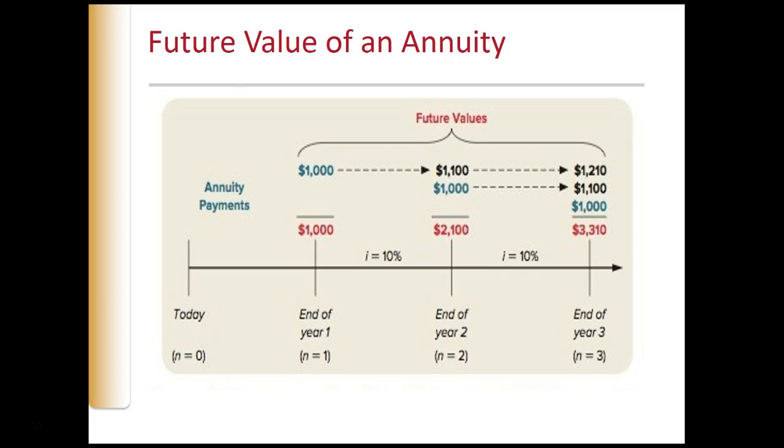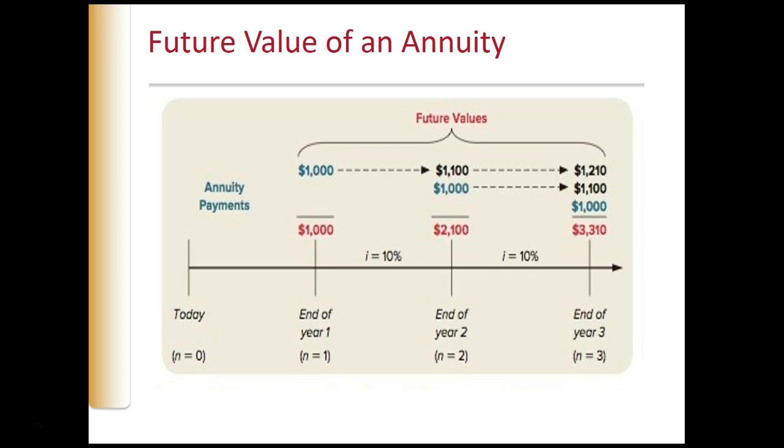By the end of year 2, the first annuity payment has grown by 10%, to $1,100, which is the 1,000 times 1.10, and you make the second $1,000 annuity payment. Now adding these together, your total investment has grown to $2,100. By the end of the 3rd year, the first annuity payment has grown by another 10%. It's grown to $1,210, which is the 1,100 times 1.10. The second annuity payment has grown by 10%, which is the 1,100,